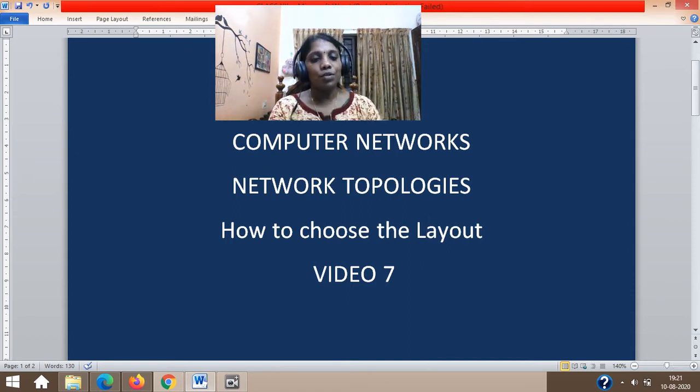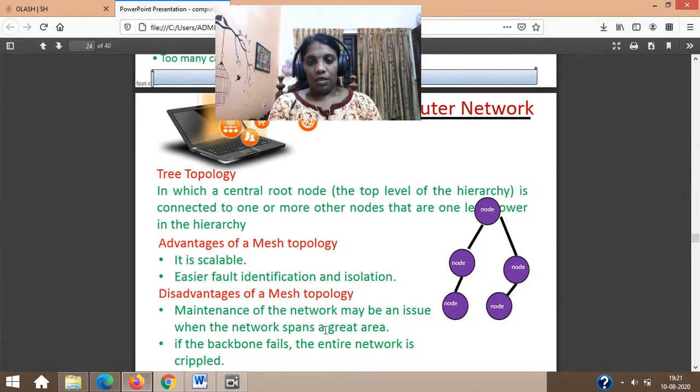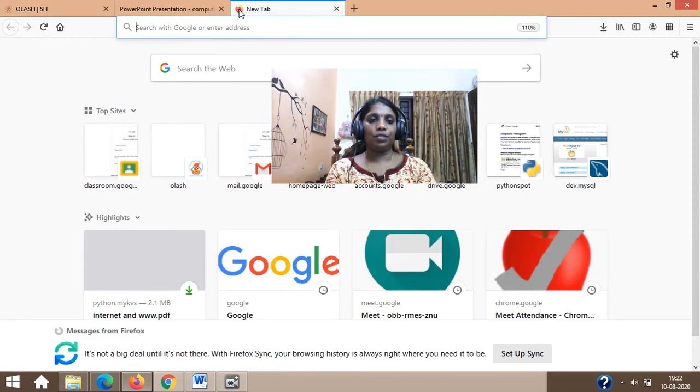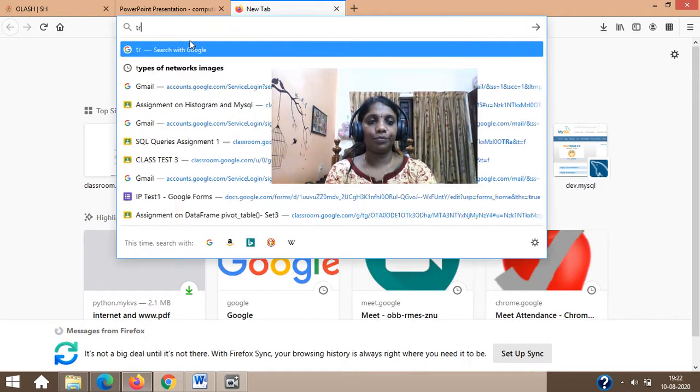become a tree topology. So if you look at the diagram of tree topology, I have a vague diagram, so I wanted to show you a best diagram. Before that, just have a look into that definition. Central root node, that is actually your main computer, is connected to one or more other nodes. It should actually be told as two or more LANs connected together in an inverted form comes like a tree topology. So let's have a look into the